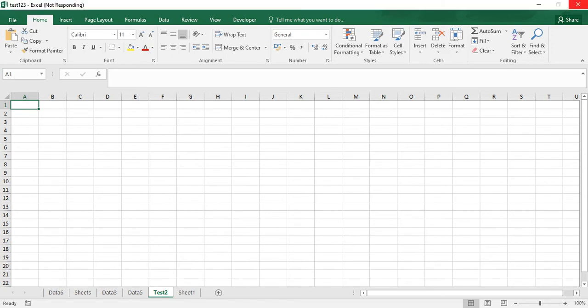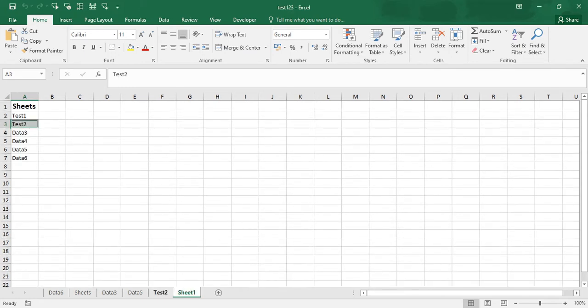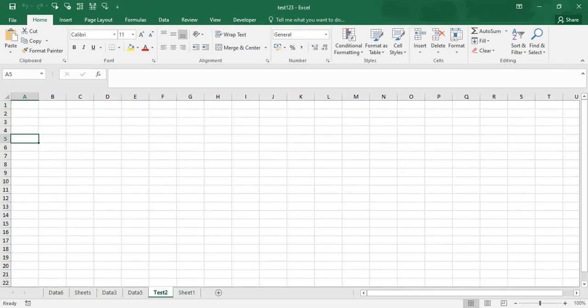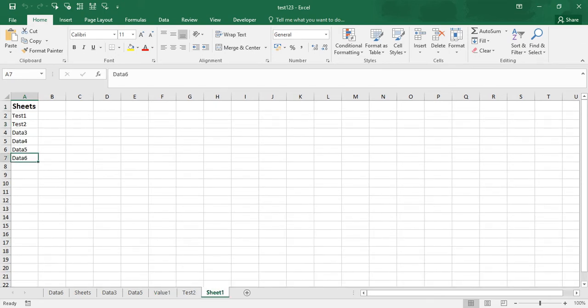It's not only from sheet 1, you can create from anywhere. Meanwhile, here I am going to specify the value as value 1. I need to create a value 1 sheet. So based upon that, I am going to specify this A5 value with the right click and control button. So value 1 should be created as a sheet name. So this is what I did.